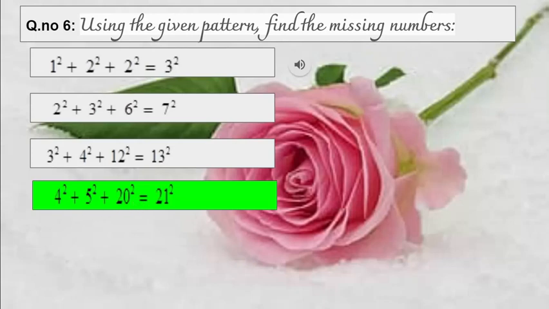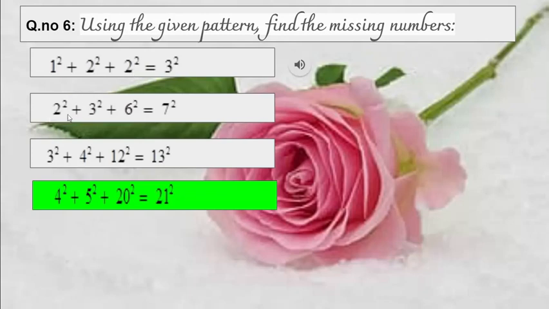Now let's move on to our third observation. The third observation is that the third term is the product of the first and second term. Isn't it? 1 and 2 give 2. 2 and 3 give 6. You see the second. First one, 1 plus 2 plus 2, meaning 1 and 2. The product of the first and second is the third.